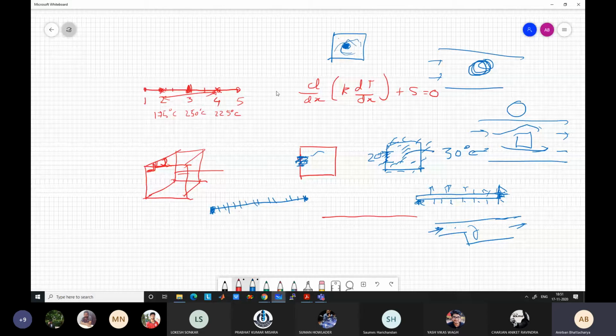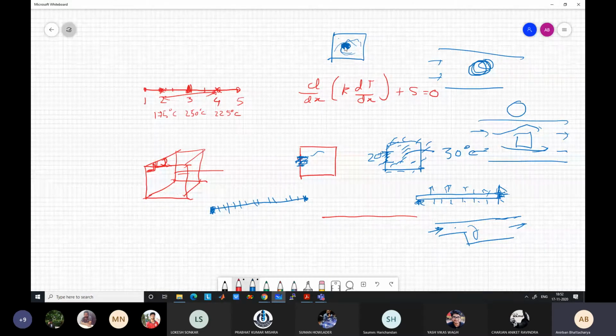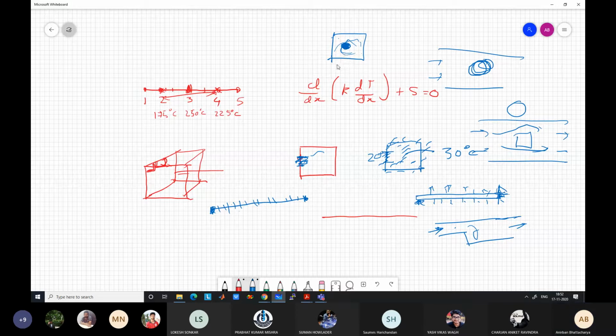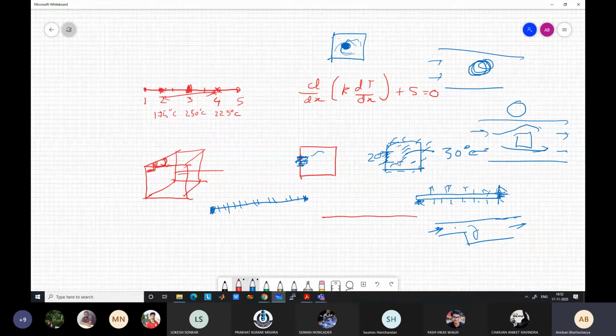That also I can solve by writing a very easy finite difference code or finite volume code. You can take it that the bulb is switched on for 10 hours, and see how the temperature changes in the room, what the temperature is in the corner, what the temperature is near the bulb, things like that. Any problem. Okay, is it clear to everyone? So if you want to use a code, you can take this type of problem.